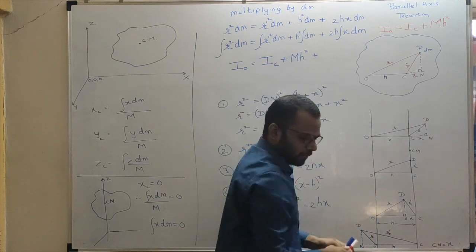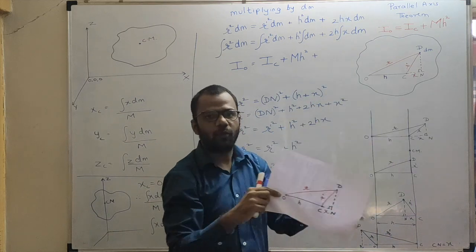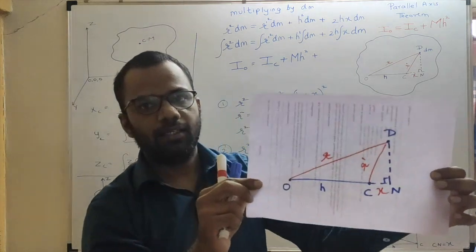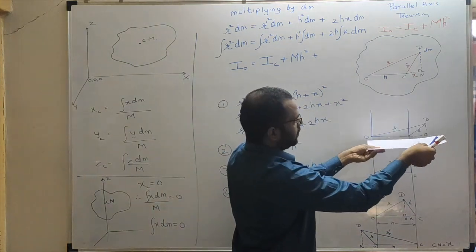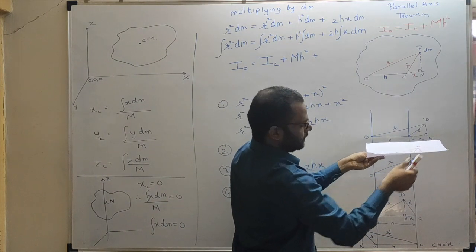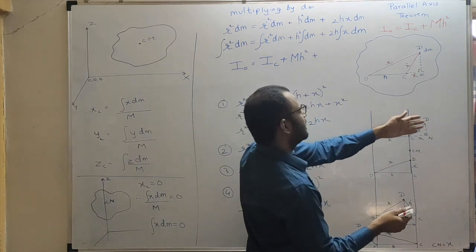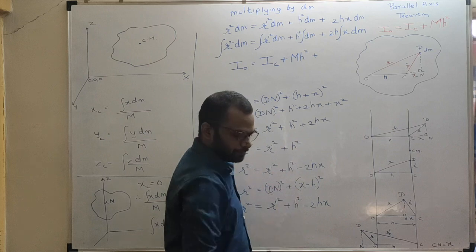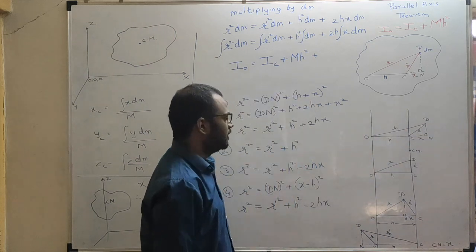And now point D is where? Point D is in the horizontal plane. So I hope you can see this. Okay, so point D is where now? Point D is in the horizontal plane now. So this is the three-dimensional diagram. So actually point D is inside the board, behind the board. Okay, and the same diagram I have shown. So the same equation will hold.